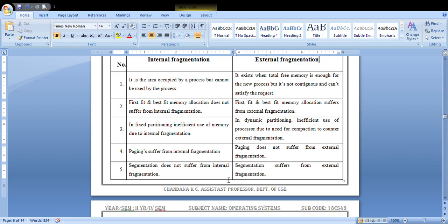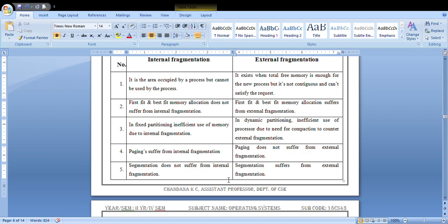Next, in fixed partitioning, there is inefficient use of memory due to internal fragmentation. But in dynamic partitioning, there is inefficient use of the processor due to the need for compaction to counter external fragmentation. As I said, compaction needs more CPU time.